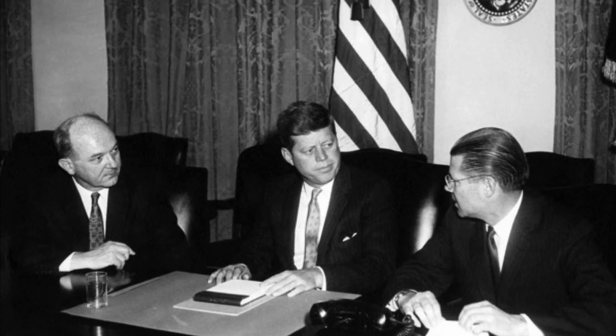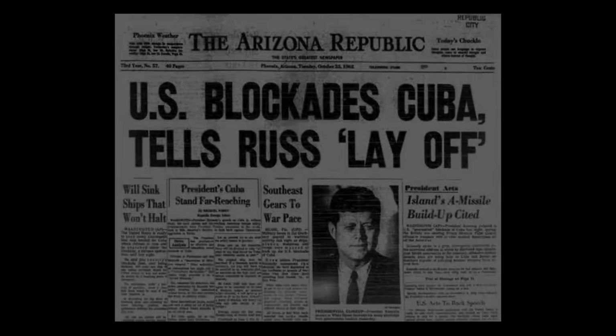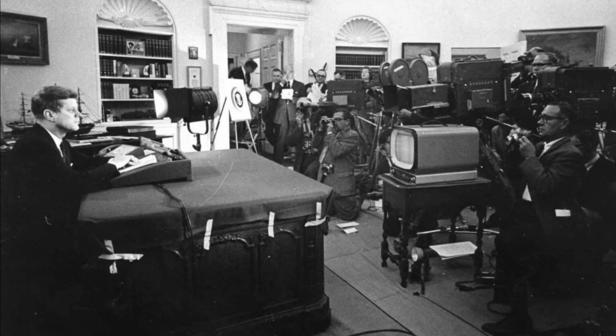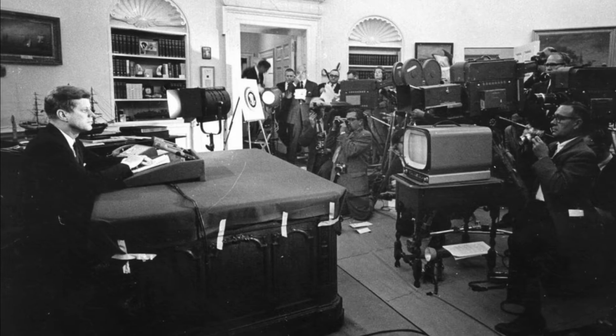President John F. Kennedy faced the gravest crisis of his presidency, even worse than the Bay of Pigs invasion, and he responded with a combination of firmness and diplomacy. He ordered a naval blockade of Cuba to prevent further Soviet shipments of missiles and demanded the immediate removal of the missiles already in place. The world held its collective breath as the two superpowers stood on the brink of war.